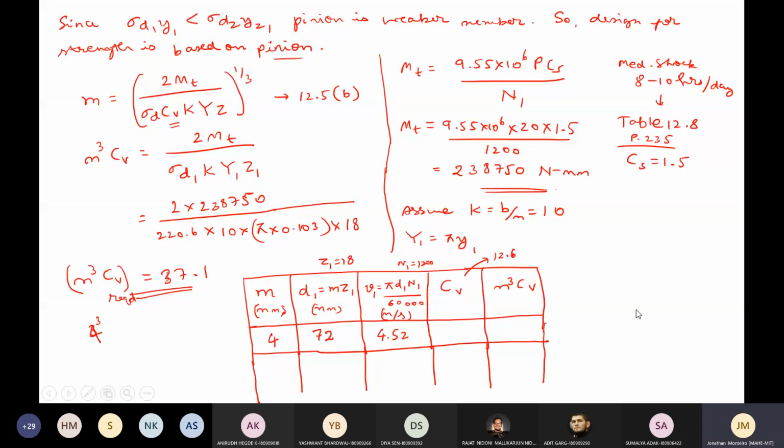Yeah, so here CV value comes in the series of 12.6 equations. So for 4.52 we can straight away choose 12.6a, which is nothing but, I'll just write it here, 3.05 by 3.05 plus v. So this is for up to 8 meters per second. So use this equation. Okay, this is 12.6a. So if you use this 4.52 meters per second, CV value should be 0.403.